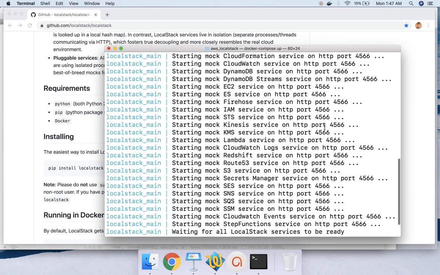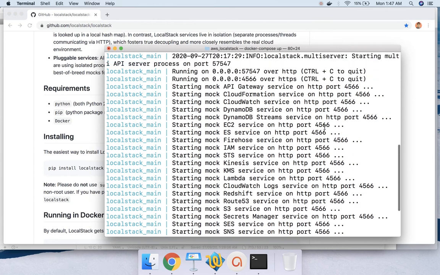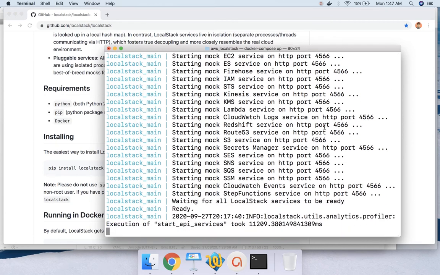You see all the services are now starting at port number 4566. But if any of you have used Docker with LocalStack in the past, you'll see that they were starting services on different ports. Now they are starting all the services on the same port, and if you want you can even change the port. You can go to the configuration file and do that, but for this session I'll just leave it as it is. So my LocalStack has already started up.